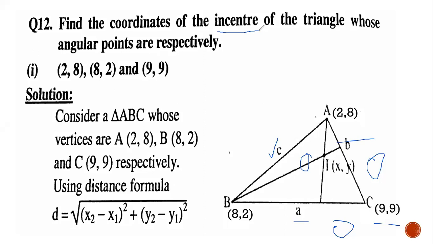Find the coordinates of in-center of the triangle, okay, whose angular points are respectively. We are provided angular points of a triangle and they are asking us to find out its in-center. We have drawn this figure. Coordinates of A are 2, 8, coordinates of B are 8, 2, coordinates of C are 9, 9, and we have taken here